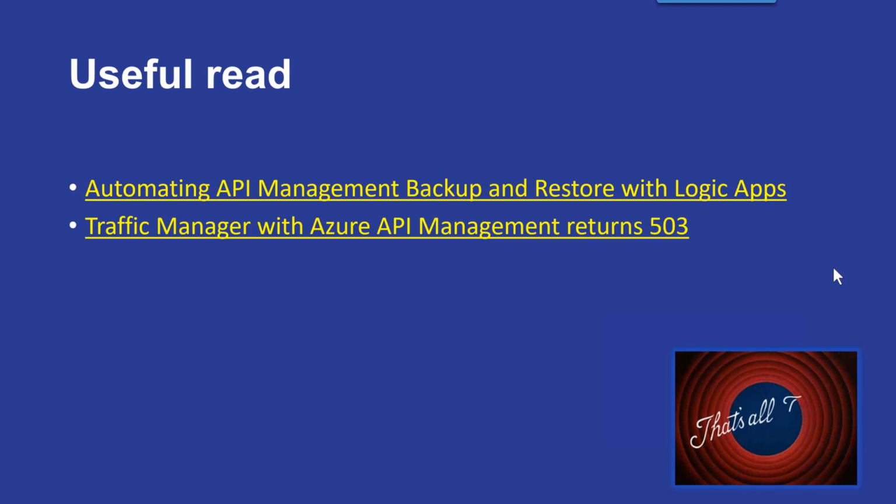Okay. I've got one question. I know there are some issues at the moment with completely automating the CI/CD deployments for API management, but I know they are working on getting that working. Would that make it possible to just, instead of doing a backup and a restore, deploy to the two different regions? Well, you can deploy to different regions, but the reason why I'm doing the backup and restore